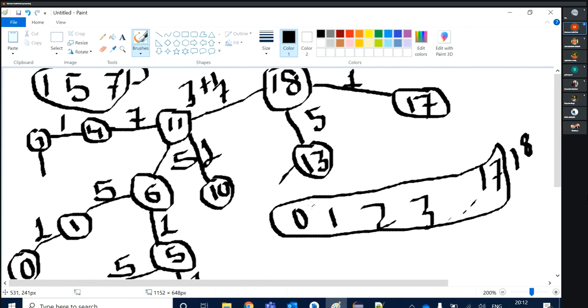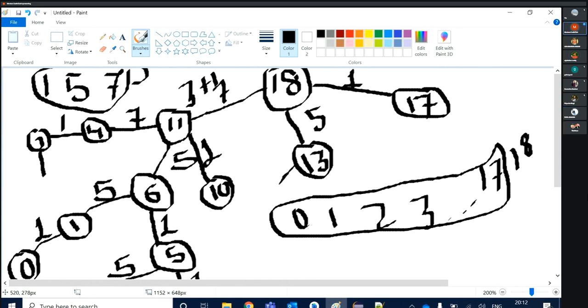See, if I'm getting all these 0 to 17 answers, can I get the answer of 18 easily? Not really. Why not? We have to go through multiple calculations, because we are calculating multiple times. Now we will store these answers.